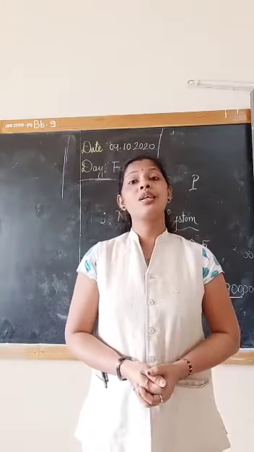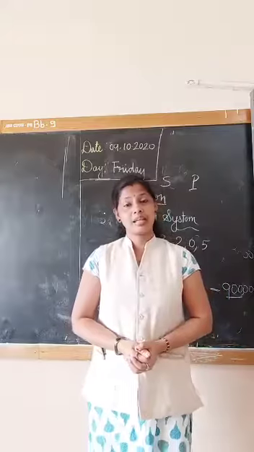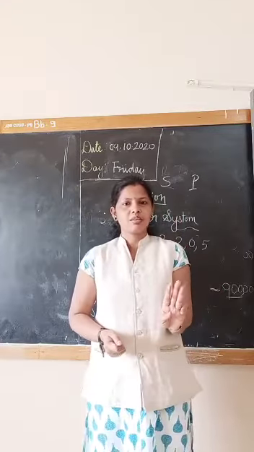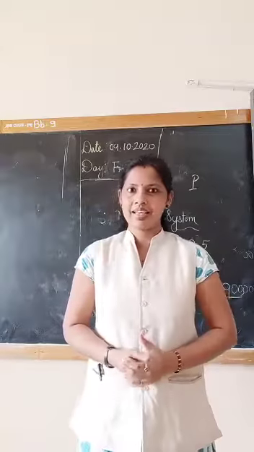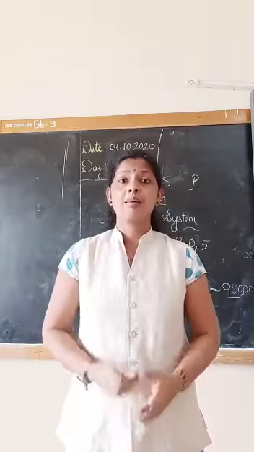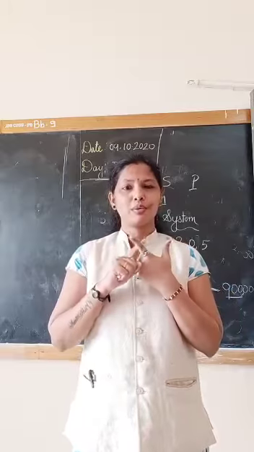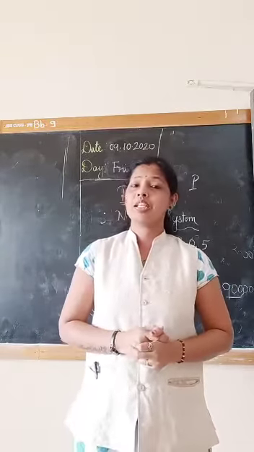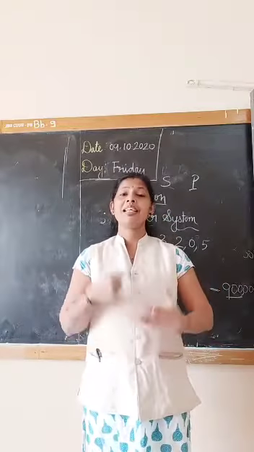But we should know the rules of Roman numerals. There are mainly 3 rules. If we know these three rules, we can write any number. And the rules are the rule of repetition, the rule of addition, and the rule of subtraction. Now, what is the rule of repetition? What is the rule of addition and subtraction? In the next part,